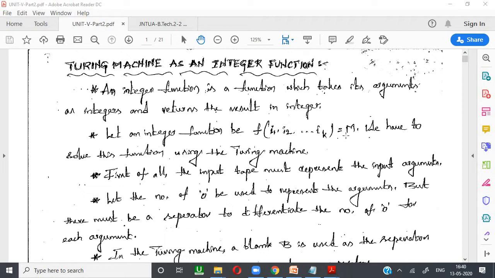Between 2 and 3 we need one separator, whatever it may be. Mostly they make the separator a blank. So we place one blank, and then go with 3, and for the 3 again we place 3 zeros. It will be like this.